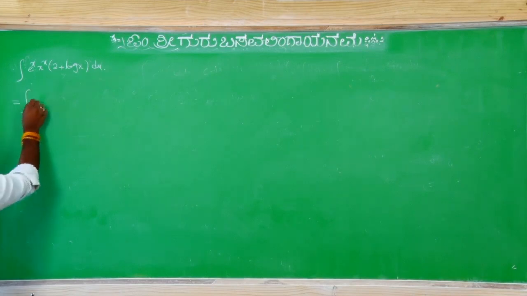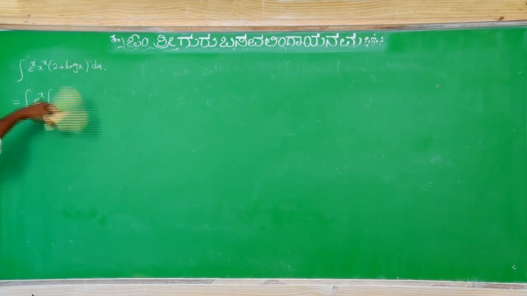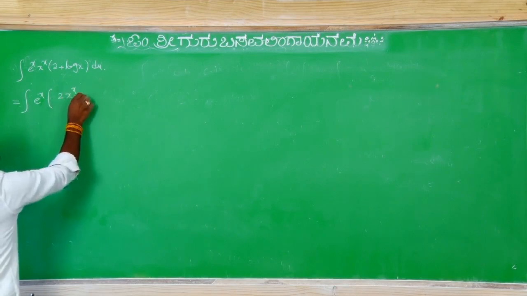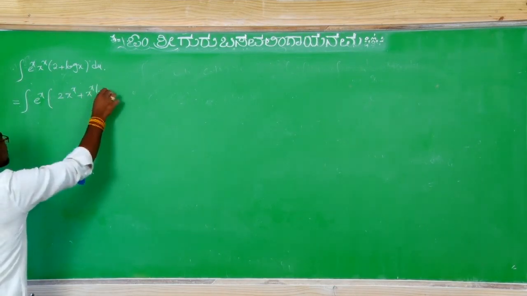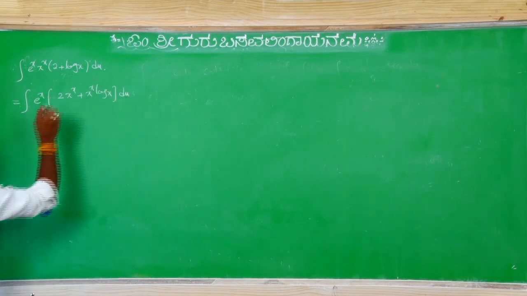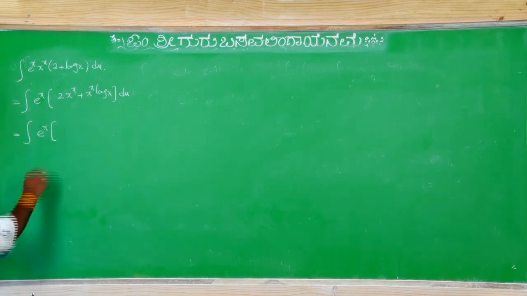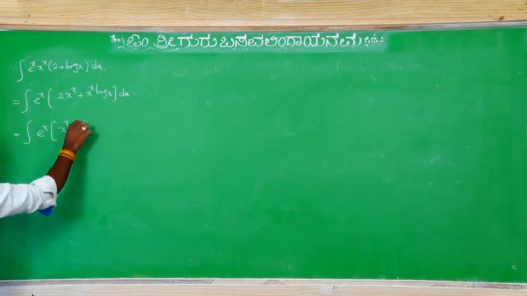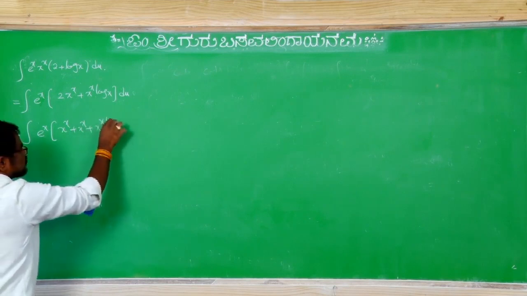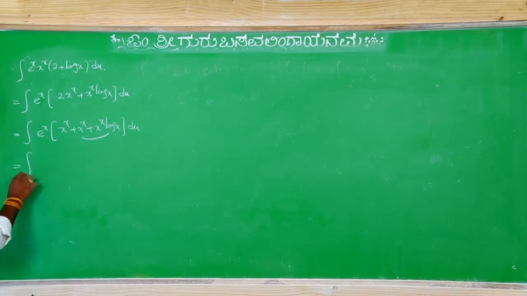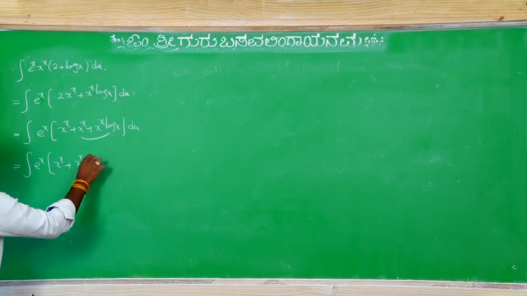That is equal to integration of e power x into x power x plus x power x into log x dx. That is equal to integration of e power x into, you write it as x power x plus x power x into log x dx. So from these two terms, if you take x power x common, integration of e power x into x power x into 1 plus log x